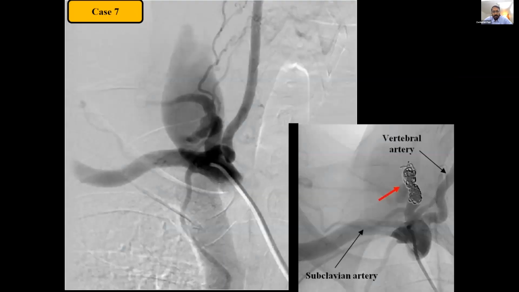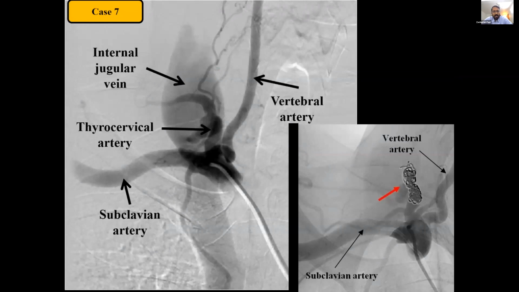This was again one of the cases where we had a problem. This was a patient who came to us with a failed attempt on the right side, had a left internal jugular catheter, and subsequently was undergoing transplant. We picked up a bruit in the supraclavicular area, and angio showed there was an abnormal connection between the thyrocervical artery and the internal jugular vein, an AV fistula in that region.